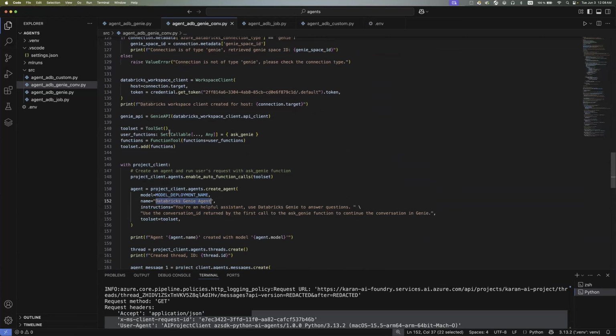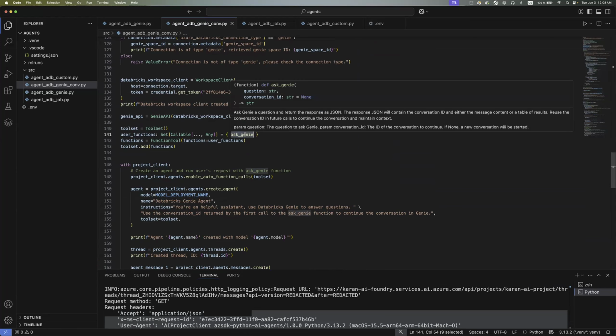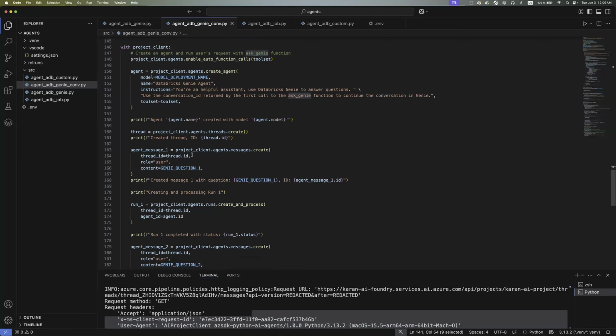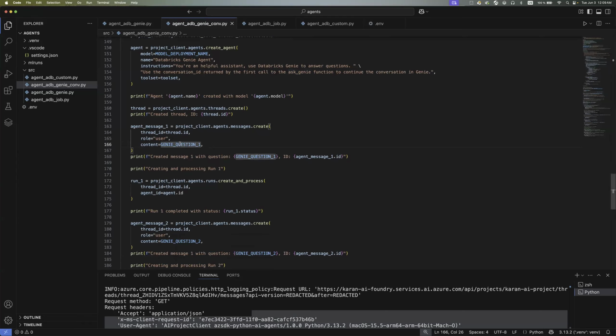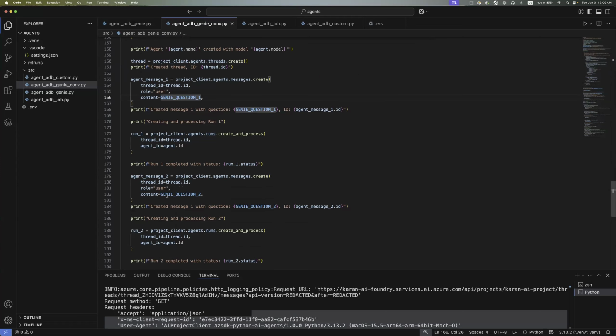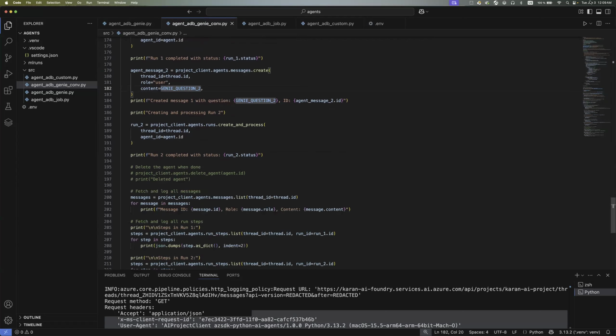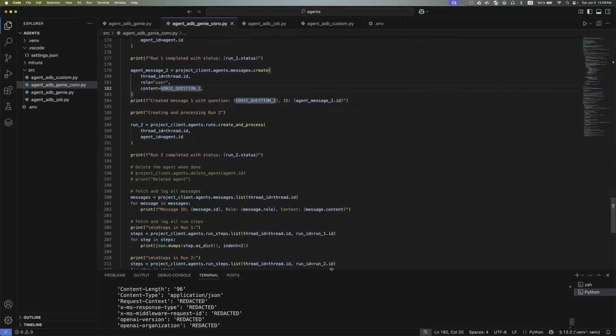Some instructions, and in this case, I'm also just adding just one function as a tool for this agent. But here, if I scroll down, here you see that I'm asking question 1 here, waiting for it to run and finish. And after that, I will ask the next question, and then it will maintain the context between them because it is actually running on the same thread. So let me just run it so you see